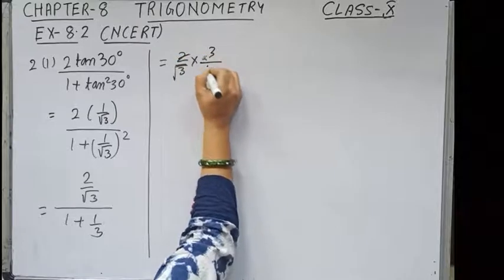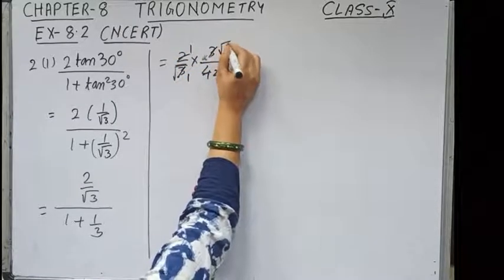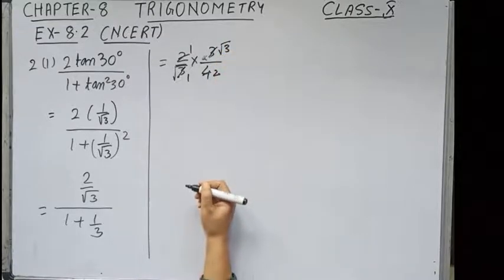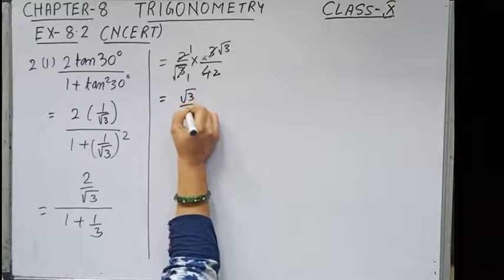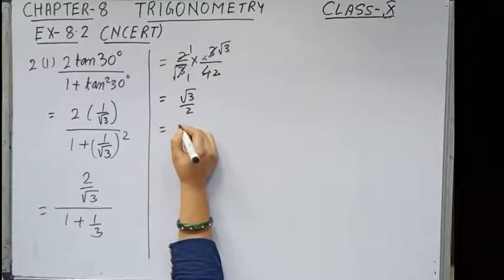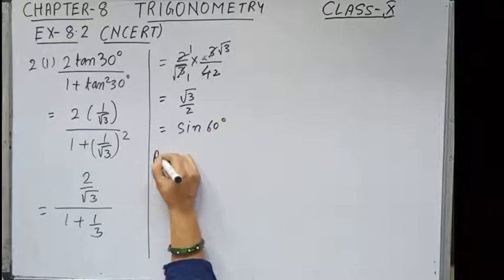So 2 cancels with 4, and root 3 cancels with 3 leaving root 3. So the answer is root 3 by 2, and root 3 by 2 is sine of 60 degree. So the answer is